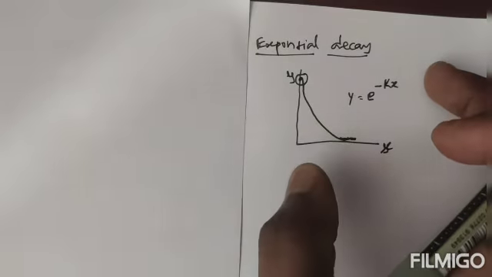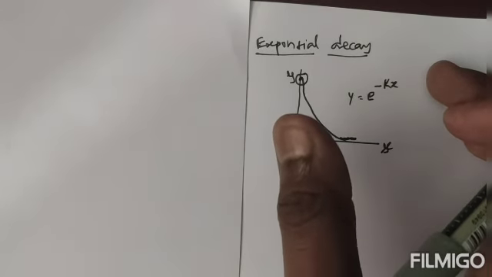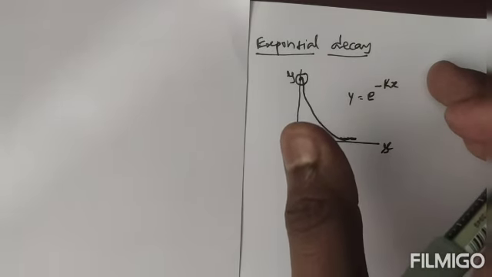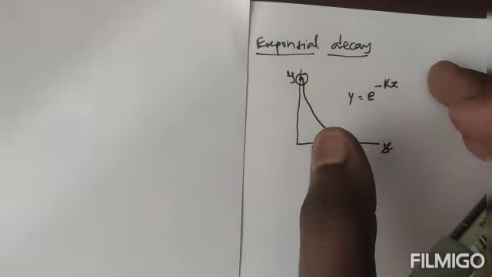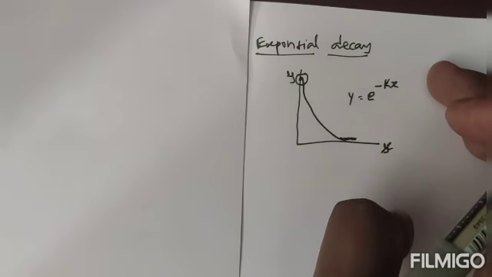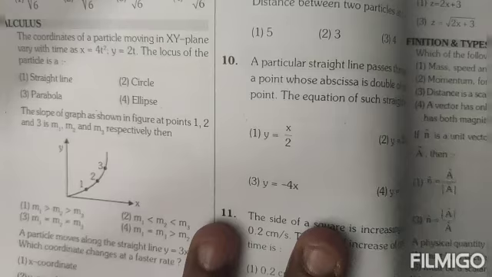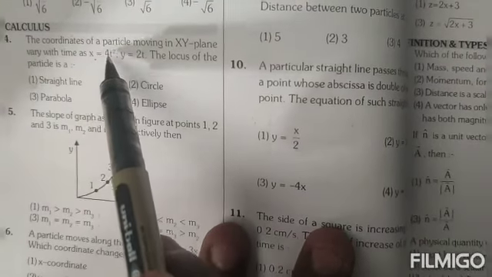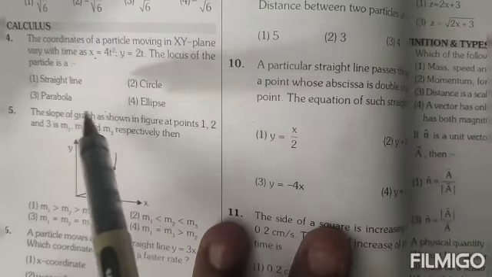Okay students, so now you know the different types of graphs: a straight line graph, parabola, circle, ellipse, and hyperbola structure. So like that we observe the different concepts. So let's see equation number 4 one more time, then we can finalize the result. If you observe in this question, x equal to 4t squared and y is equal to 2t. So this is given, and we want to find the structure.